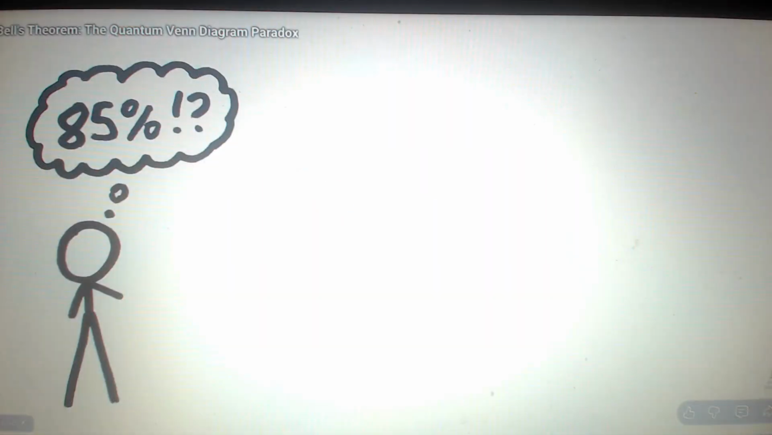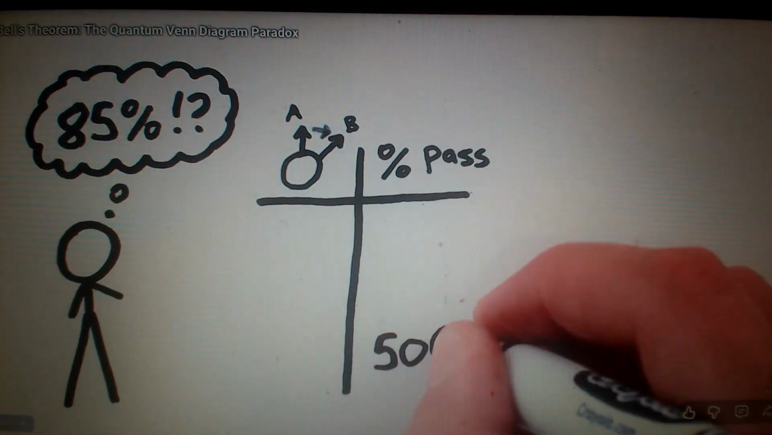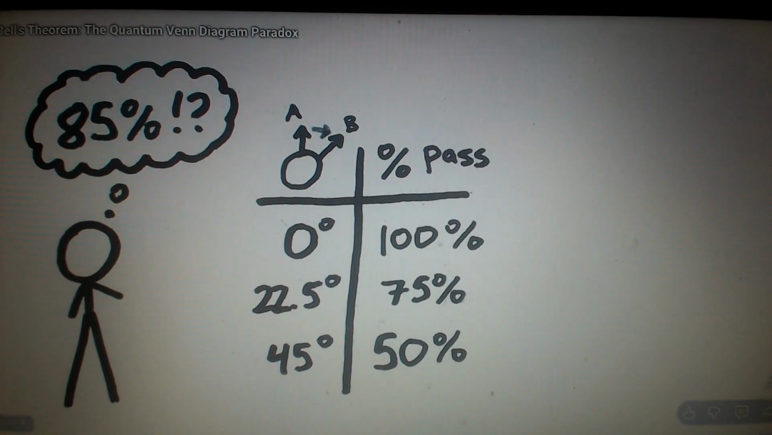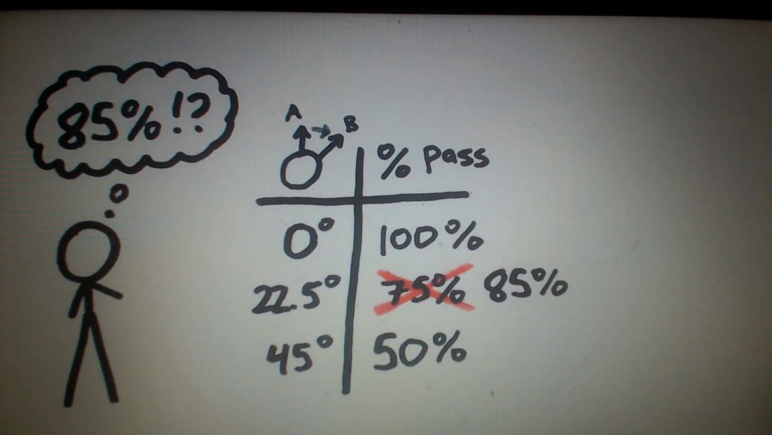What's strange about that last number is that you might expect it to be more like halfway between 50% and 100%, since 22.5 degrees is halfway between 0 and 45, but 85% is significantly higher. To see concretely how strange this is...